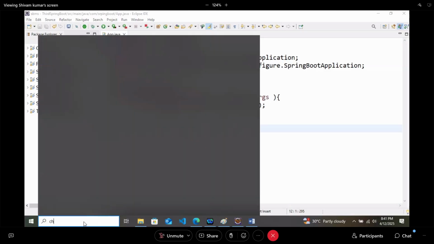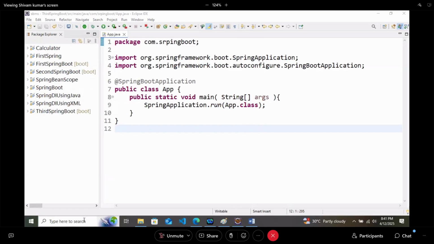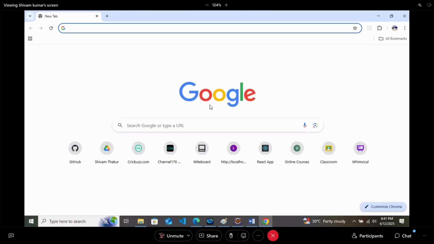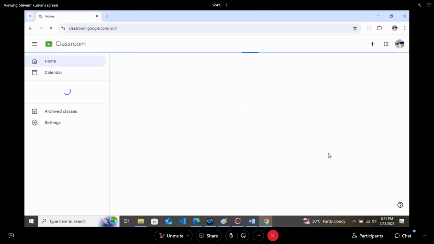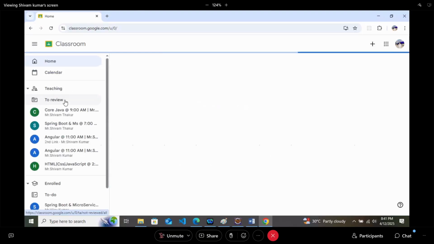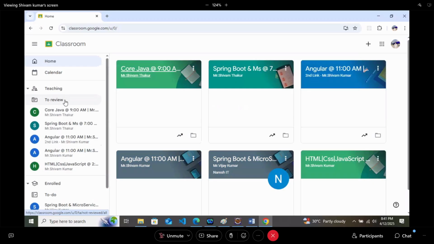Now, if you have any question regarding Spring Boot project creation using the three methods, you can ask. See, you have tomorrow's time. There is no class tomorrow, Sunday is there. Take proper time. I'm not asking you to spend 2-3 hours. Just spend a good half hour on this by creating the project.